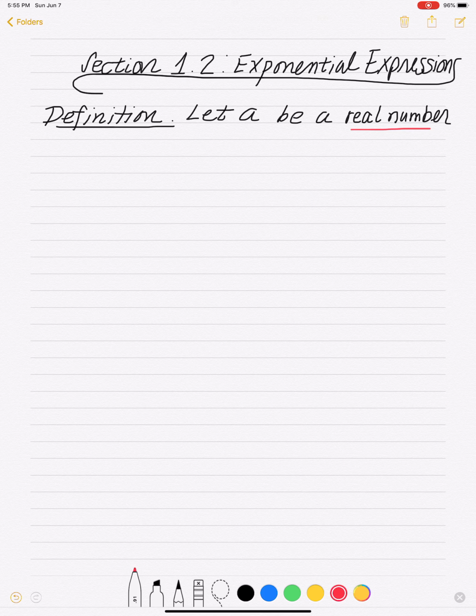0.333333333 repeating, right? The number pi. Remember that number pi that has to deal with circles? Pi is a real number because it can be represented in some kind of decimal form. It's a decimal that never ends. It has no pattern, like 3.14, and it goes on and on. So most of the numbers that you're familiar with can be represented as decimals. They're called real numbers. All right, so let's say we have a real number called a,